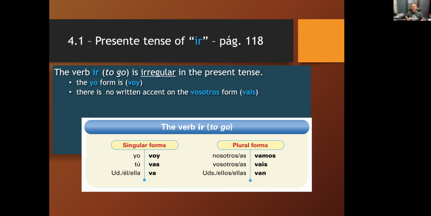Notice that there's no accent on the vosotros form. I know we don't spend a lot of time with that, but if you think about that just for a second, why would there be no accent on the A in the vosotros form? The reason is that the vosotros form is pronounced vais. Since it's only one syllable, the accent goes on that syllable. Because the vosotros forms end in S, most of them will have an accent to break the rule where the accent comes on the second to the last syllable, to make the accent on the last syllable. But again, in a one-syllable word, no importa, it doesn't matter.